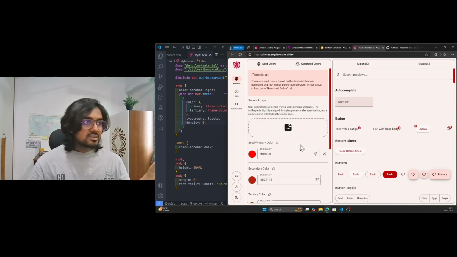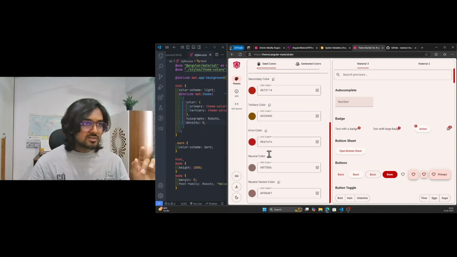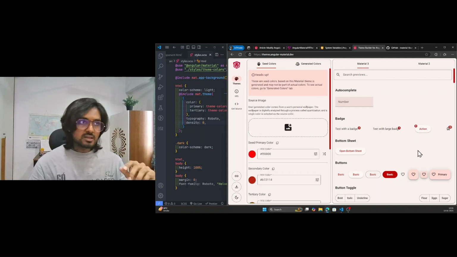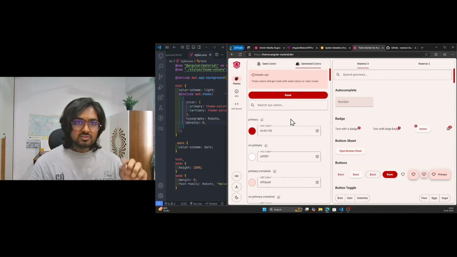Now, understand that these are just seed colors and from this whole theme is getting generated. That doesn't necessarily mean that the seed colors are available in your theme because if you see this is the red color and this looks not exactly as this red color, right? So to see generated colors, go to generated colors tab and there you will see the actual colors which are